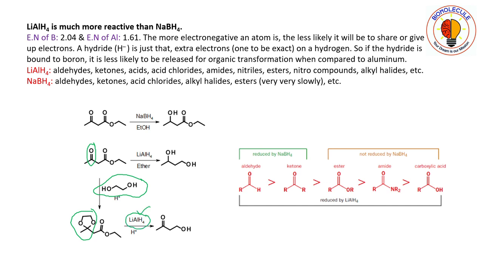So what it will do is it will reduce the ester group to primary alcohol. Always keep in mind that ester groups are reduced to primary alcohols, 1 degree alcohols. Further treatment with mineral acids will deprotect this ketal to its corresponding carbonyl group. That is, we will get our ketone back.